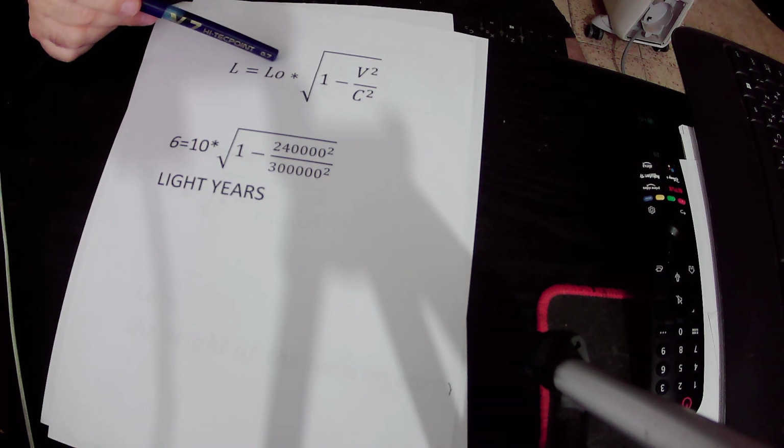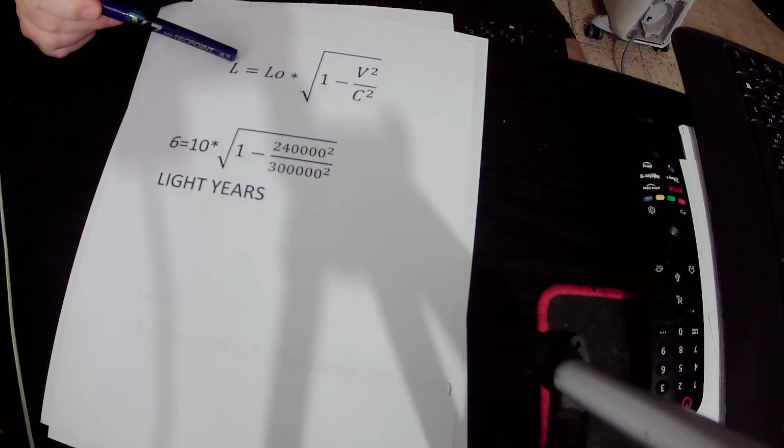For example, the distance between Earth and the star Epsilon, when you measure it from Earth, is 10 light years. And L is the distance after it shrank